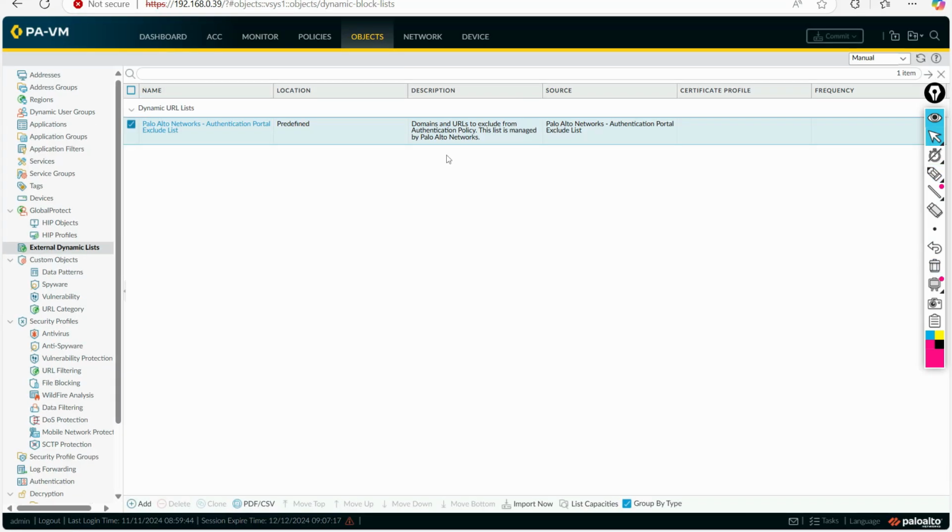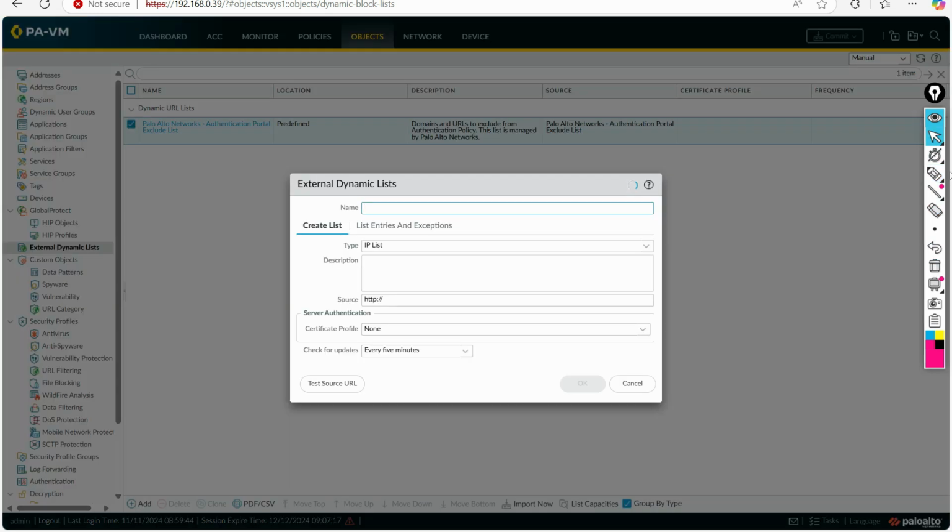Let me quickly show you where we can see it. Under Objects, here is the external dynamic list. This is one external dynamic list, but this is a VM and we don't have a license, so it doesn't have any entries. To add an external dynamic list, we just click Add.